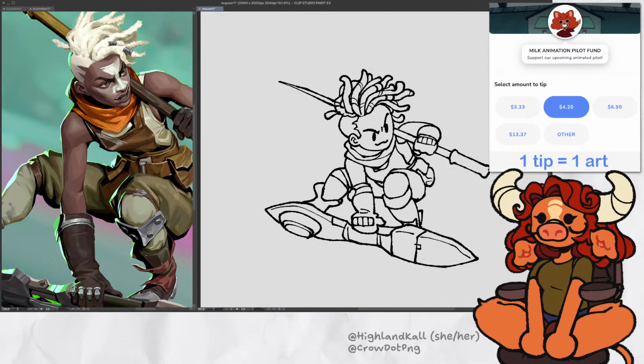Have I duplicated the layer? Yep. And let's start filling the stuff in. I think that's all it for kind of a yellowish tone here.